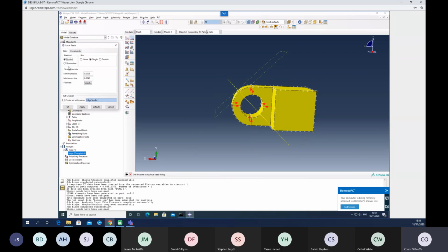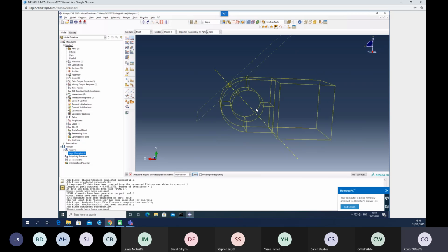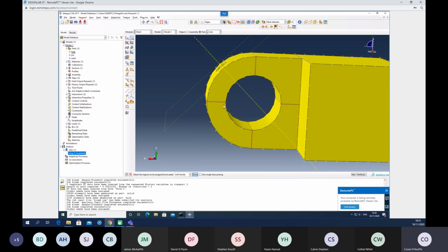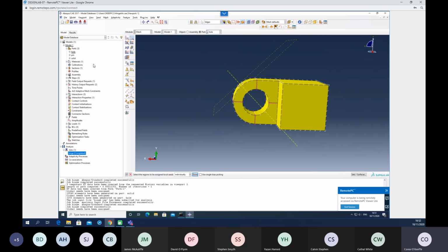Okay, by number, say. So number of elements, let's say 5, bias ratio of 2. Okay. So you can see now that, it's going to vary depending on the bias ratio that you use, but you can see the elements here are closer together than further away, right? So we've higher density elements closer to the hole edge. Okay, so if we mesh that, then